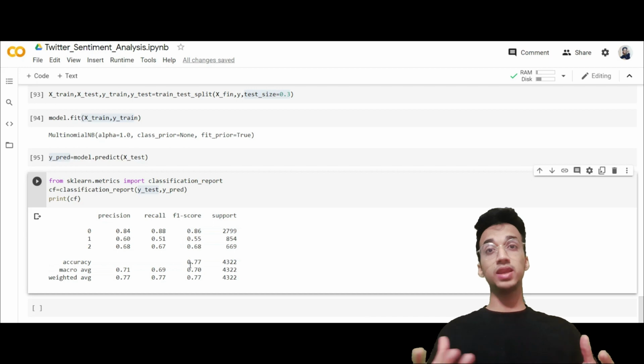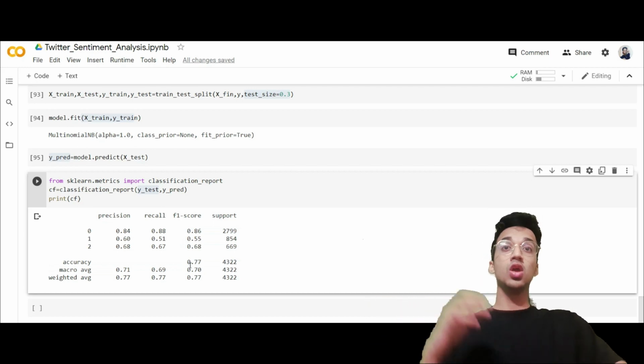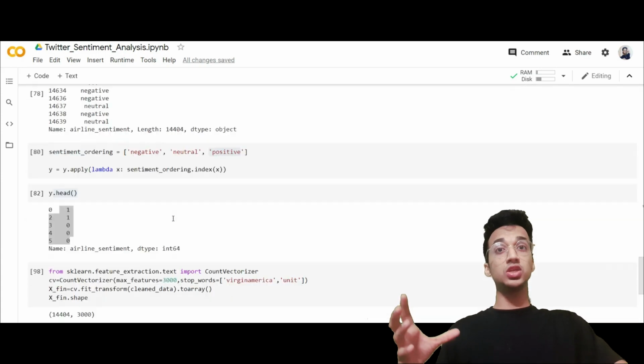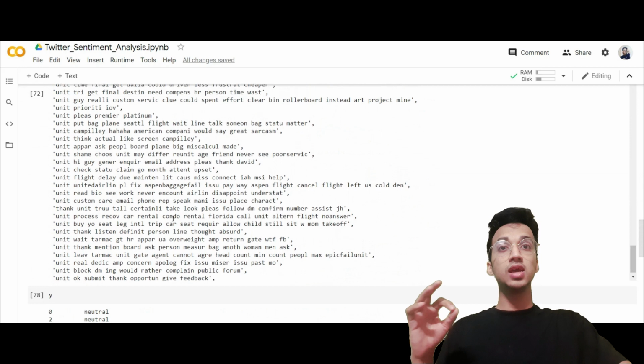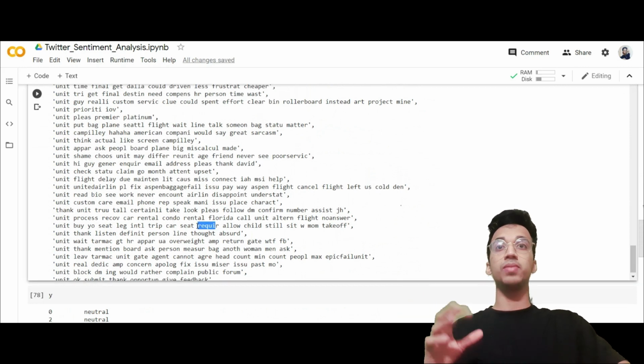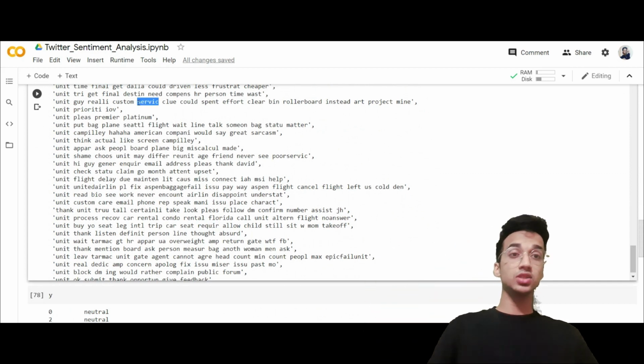You can do many things to improve it. You can try different models, you can try recurrent neural networks. Also, you can do lemmatization instead of stemming. That ought to improve your accuracy as well, because you can see there are some words in your dataset which do not make sense, and that is a con of the stemming process, which I've talked about in previous videos. So you can replace the stemming operation with lemmatization.